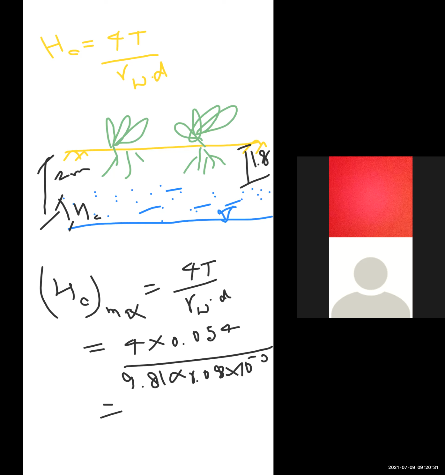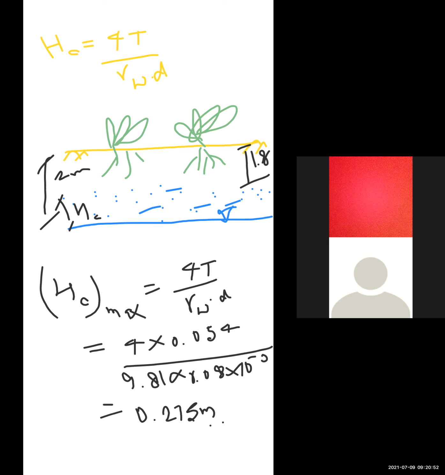So this value equal to 0.275 meter. So that means water is logged in that particular area due to effective water table level equal to 2 meter